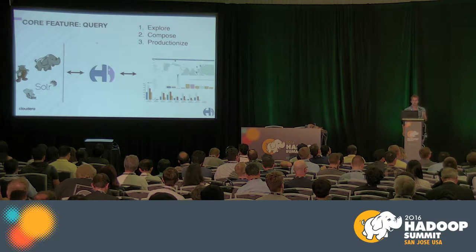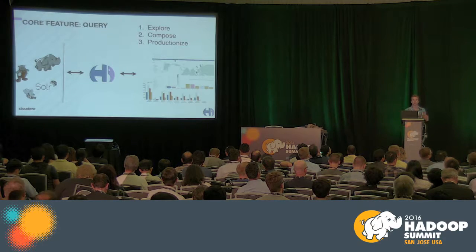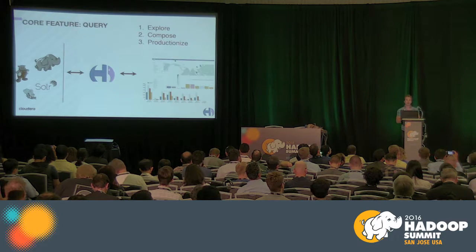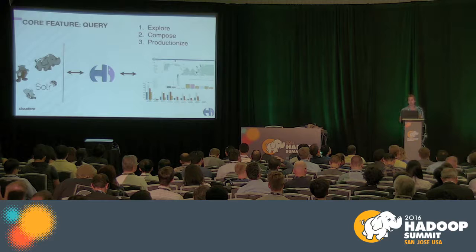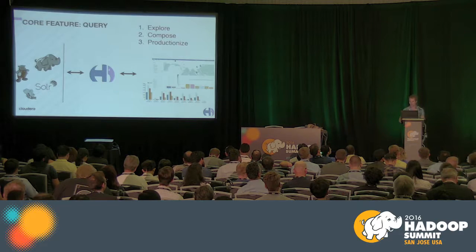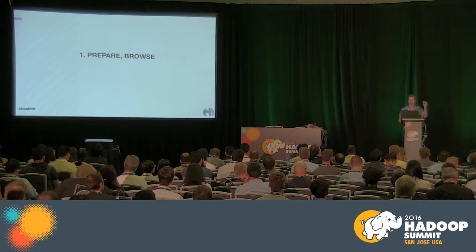The core feature of Hue is to query data. So usually, and I will follow up with a demo, the user wants to explore and find their data. It can be in some tables, or in some indexes in Solr. And then when they have their data, they will type a query or build a dynamic search dashboard. And finally, either download the data, export it, or even better, schedule it to run every day, or plug it into another pipeline. So going to the first step, I will explain the architecture in Hue for all of these steps.